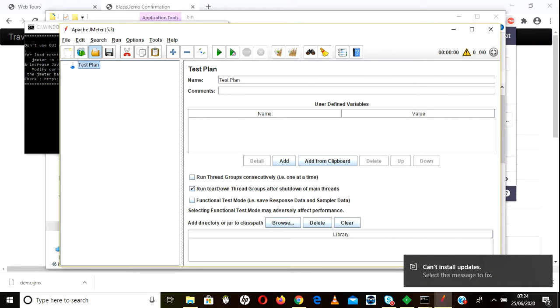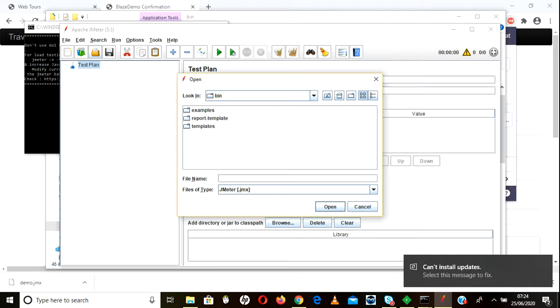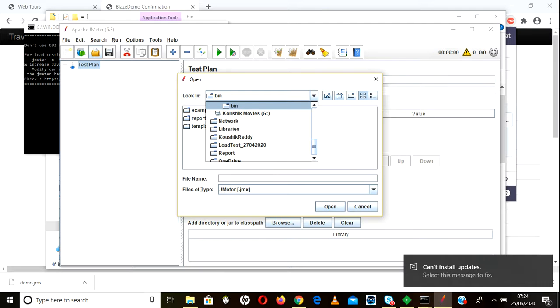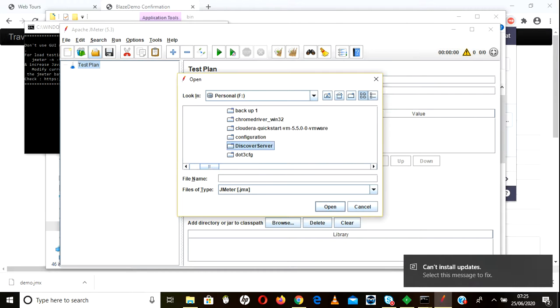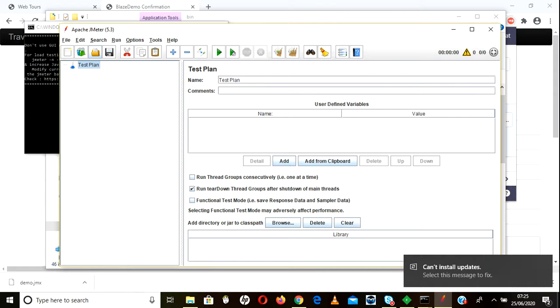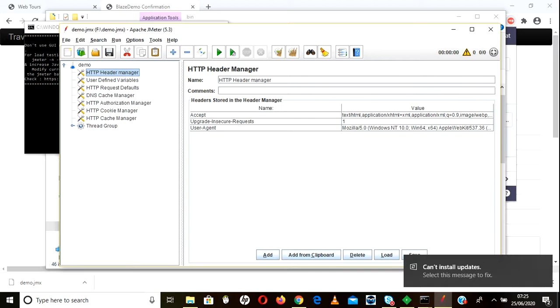So go here and it will be under downloads, right? So my downloads will be under F drive. Click on downloads, demo.jmx. Okay, now the script will be automatically loaded for you.